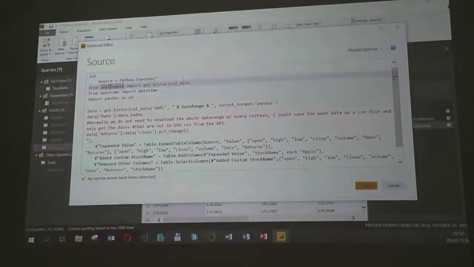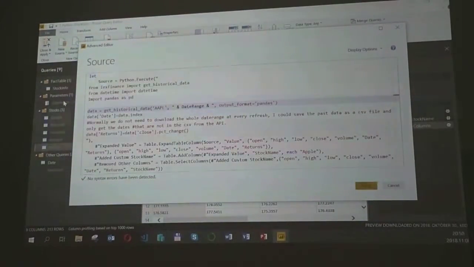I have imported the data using this package, yfinance in Pandas. And yes, this argument says I wanted to download the Apple stock info, and it is a parameter I have created in Power BI.